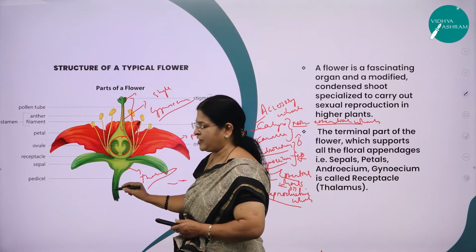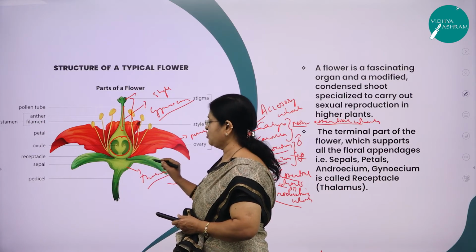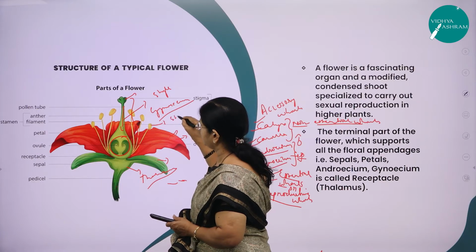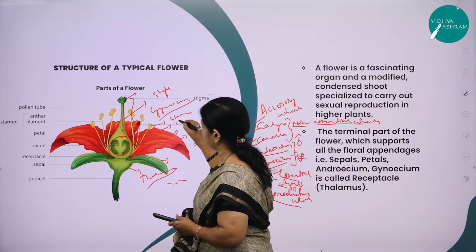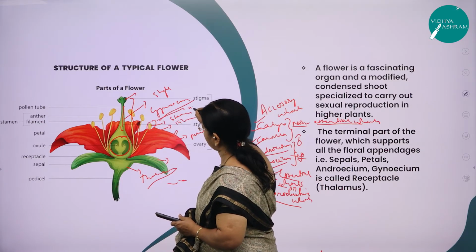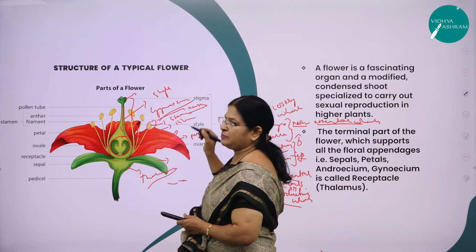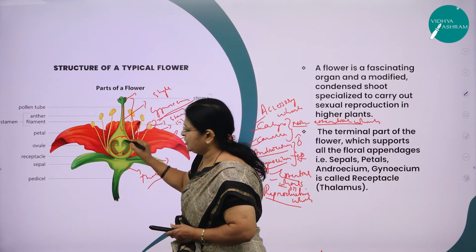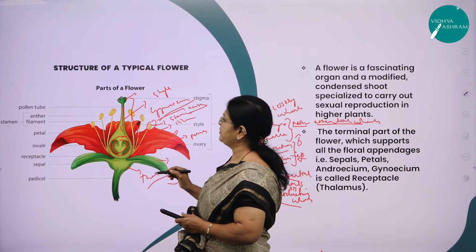So the stalk of a flower is called pedicel and the cup-like structure is called thalamus, which holds these sepals, petals, and these are the stamens. Stamens with the slender filament, right? This is the filament. This is the anther lobe. You can see this is the anther which produces what? The pollen grains. Pollen grains are what? The male gametes. And here you can see the ovule with the carpels, right? So this is about the structure of a typical flower.